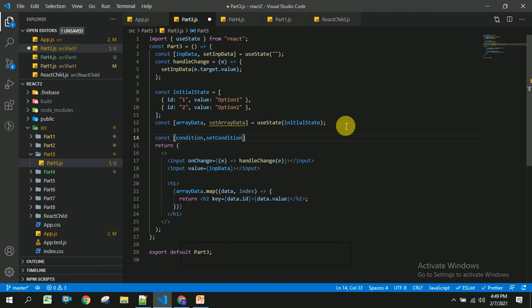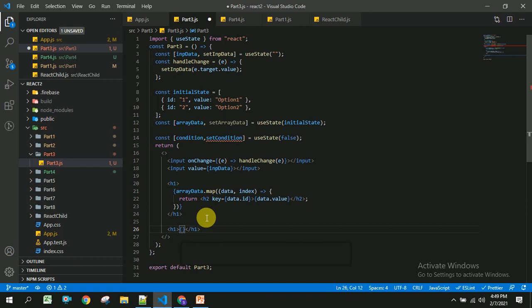This is for changing the condition, and I am going to use useState and set the initial state of this variable as false. And here I am going to use an h1 tag where I am going to display the text based on the condition.